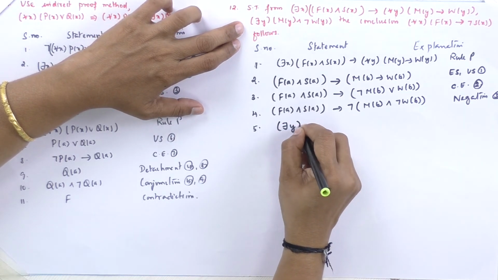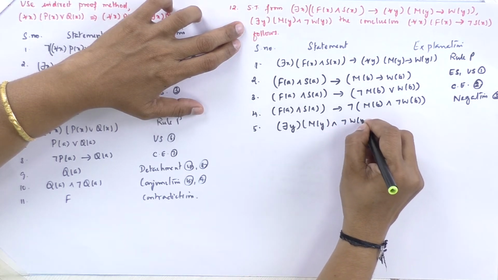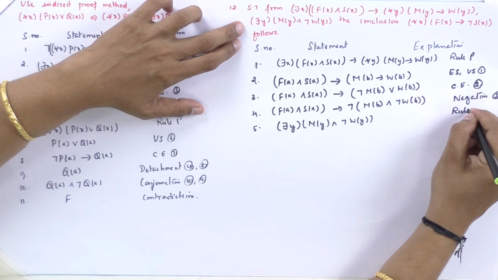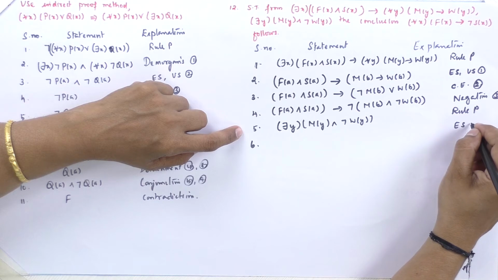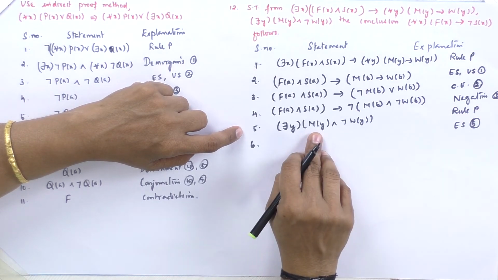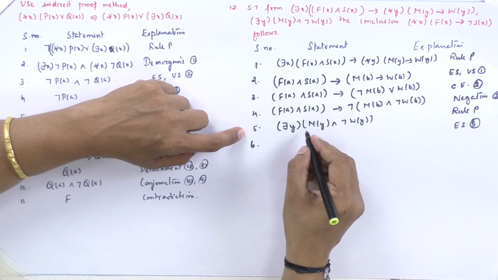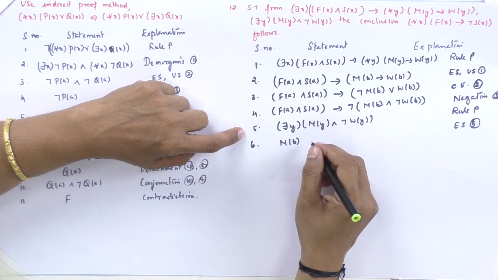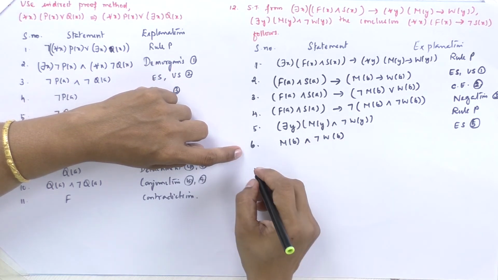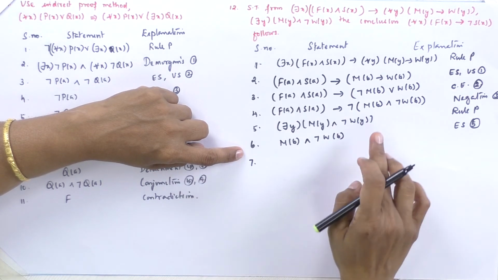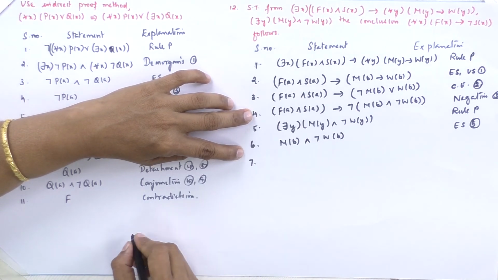The second premise is there exists y, m of y and negation w of y, that is rule P. Now we will have to remove this existential quantification symbol. So, ES on 5, and see that the variable is y here. So, I have taken a next specific object to be b. So, I will have to take it as m of b and negate w of b, right here. So, now the next step, see here I have got m of b, and whenever we have, right, say for example